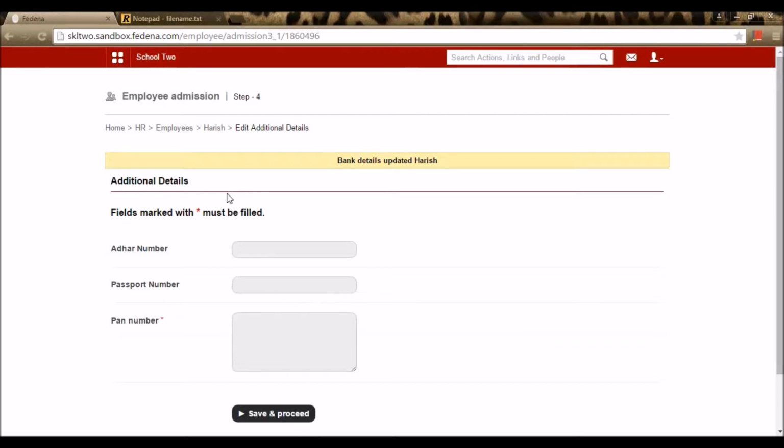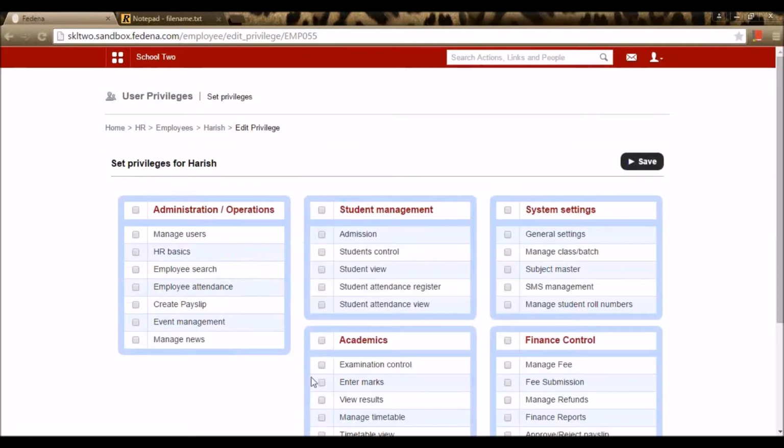And these are the additional details that we created in these settings. So these are the fields that we created, and these are the input method that we chose in the edit settings. Now, since I've made this PAN number category mandatory, it is asking me to fill in the mandatory field. Let me fill in the detail. I've entered the detail right here. I'm going for save and proceed.